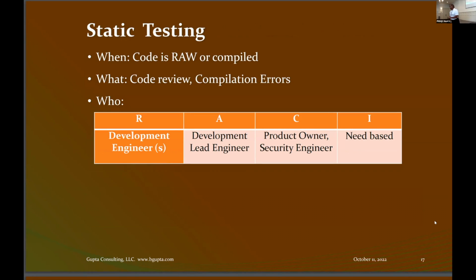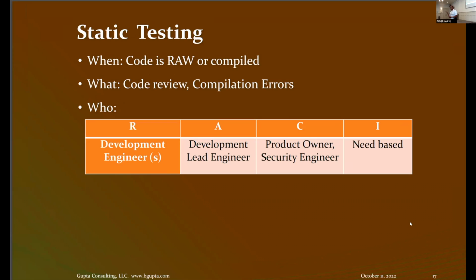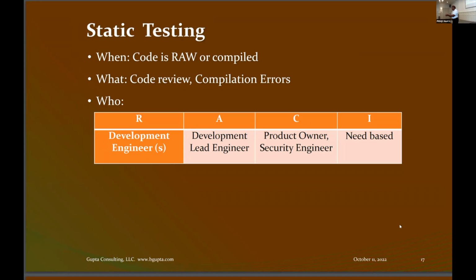Okay. Static testing. Remember the good old days? I don't know, it was maybe 25 years ago when you compiled C code and you got compilation errors. That's static testing. Whenever you compile your code, there are scanners out there which will give you security warnings. There are different security warnings you'll get when you compile your code. The basic static testing is done on the raw code, and I gave an example before.